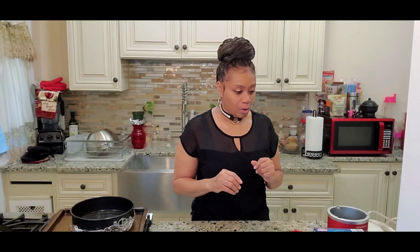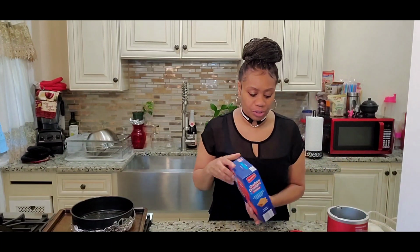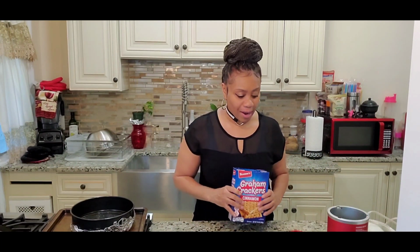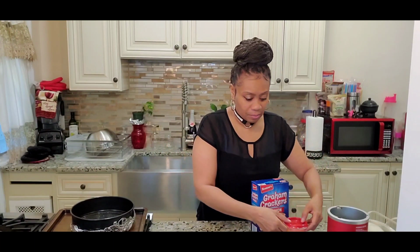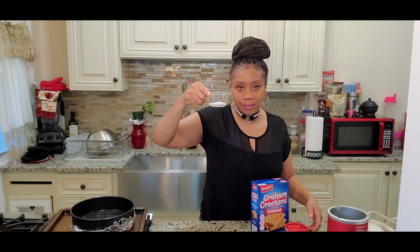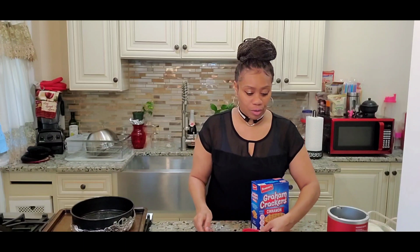crust. I couldn't get that. I don't know why I had a blank moment there. We're going to start with the crust. Okay, so that's graham crackers, half a stick of butter, which I already melted, 2 tablespoons of sugar, and